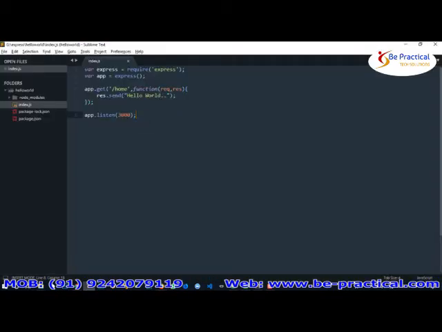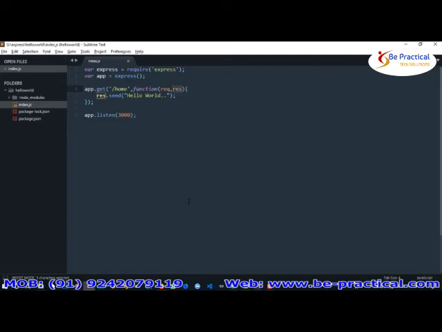The route path is specified within the app.get method. It will redirect to that particular path and help you identify the callback function. It will accept a string. Now let's observe this callback function and what the parameters req and res do. req represents the request, and res represents the response.